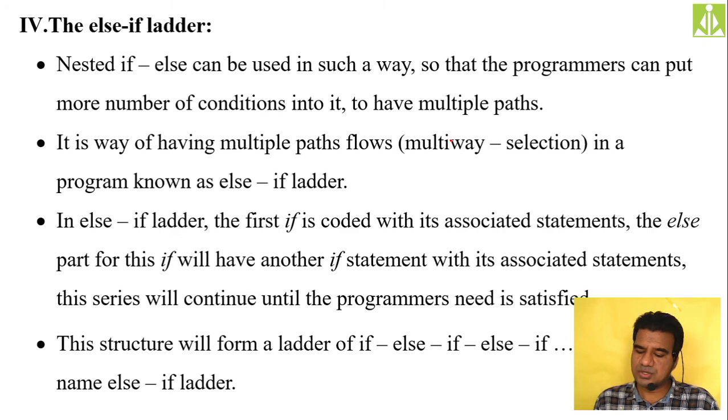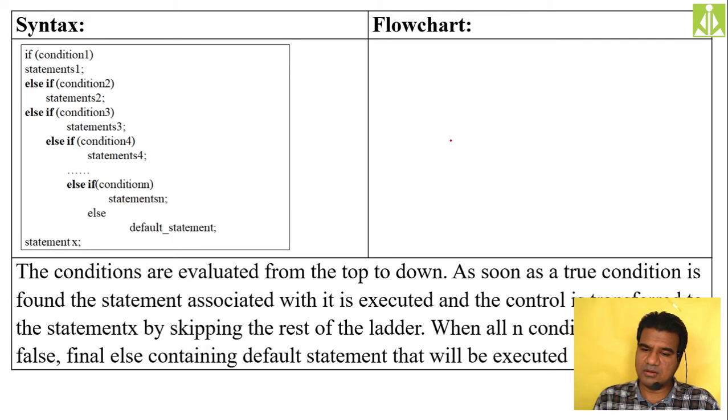So the flow chart, I think it is not printed over here. If followed by the expression or condition 1, and if this is true, statement 1. If condition 2 is true, statement 2. If condition 3 is true, statement 3. Whatever condition is true in this ladder kind of syntax, the suitable statement block will be evaluated, and the rest of them will simply be ignored.